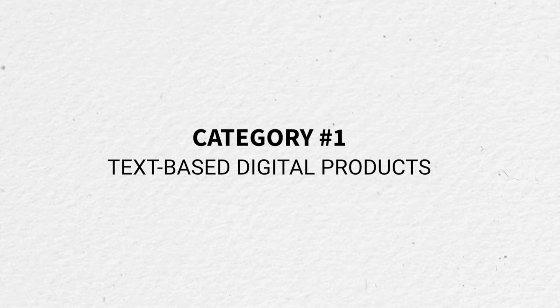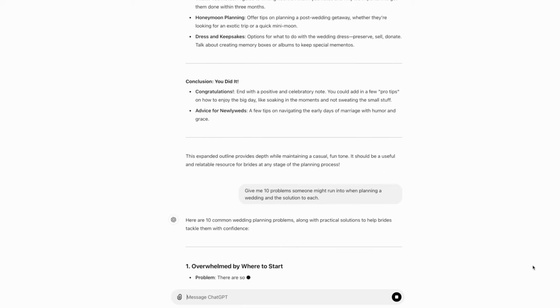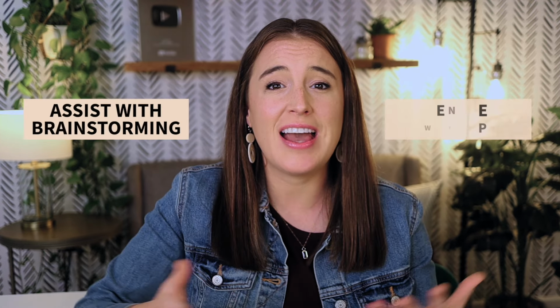This is any kind of digital product that's heavily using wording and text, something like a how-to guide or an ebook. For text-based digital products, I recommend the AI tool ChatGPT. You can go on ChatGPT and ask it to help you generate copy or text for your ebook or how-to guide. It can help you pretty much do everything from the initial brainstorming of the idea to the actual written